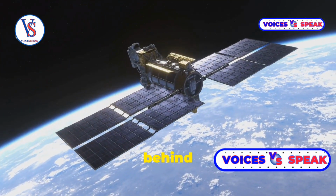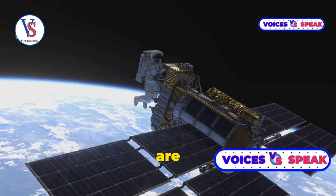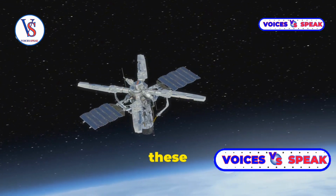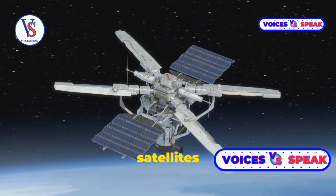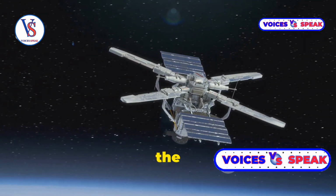The technology behind these satellites is constantly evolving. Engineers and scientists are continually developing new instruments and methods to enhance the capabilities of these orbiting observatories. Each new generation of satellites brings us closer to a more complete understanding of our planet and the challenges it